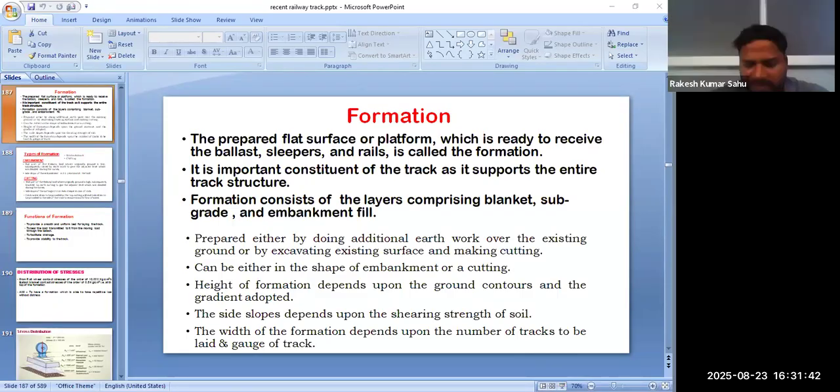Two types of formation are used: embankment and cutting. Normally, cutting is formed in the forest area where embankment is not possible, and embankment is used in urban areas. Currently, all our projects are basically based on embankment formation. So, the basic formation is